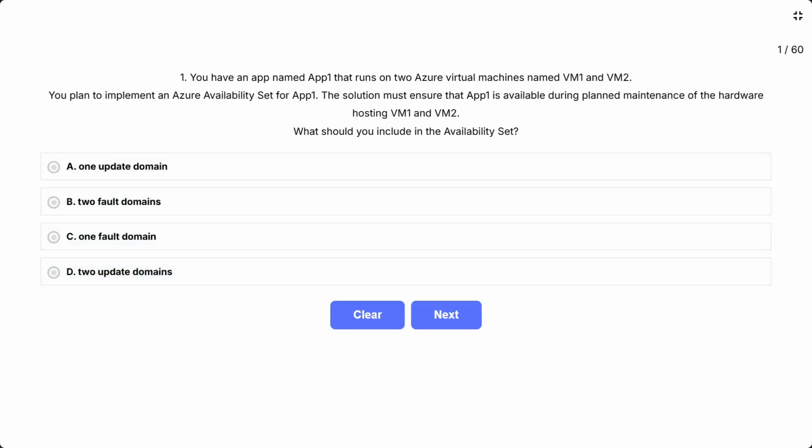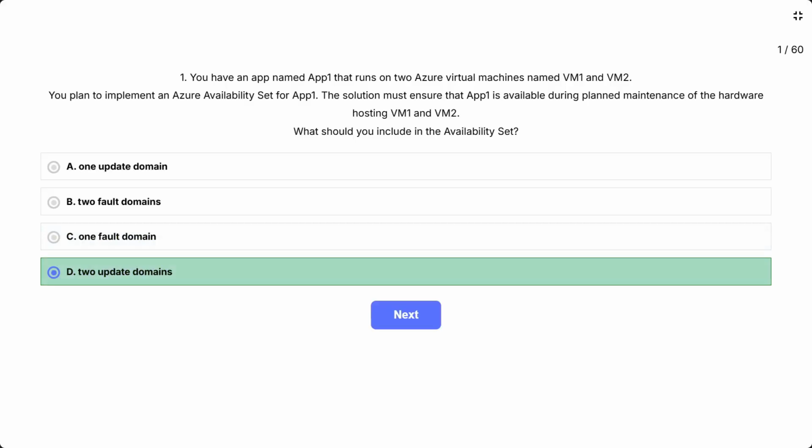So, as per the question, the solution must ensure that App1 is available during planned maintenance of the hardware hosting VM1 and VM2. So, the correct answer is D, that is 2 update domain. The hardware in a location is divided into multiple update domains and fault domains. An update domain is a group of VMs and underlying physical hardware that can be rebooted at the same time.